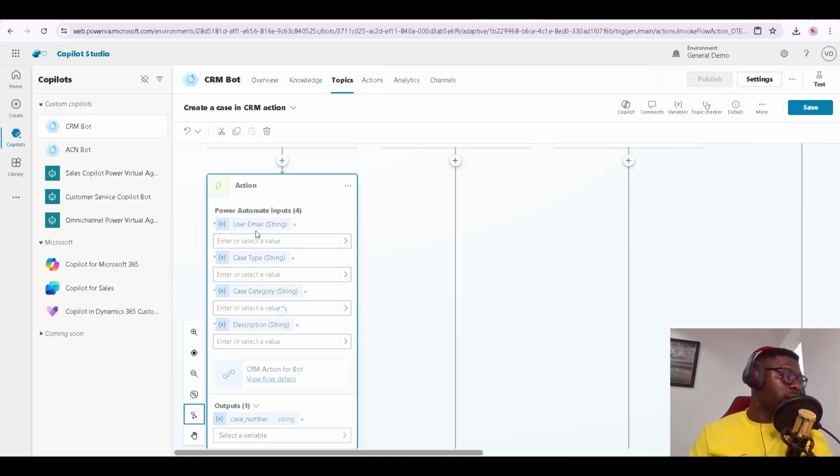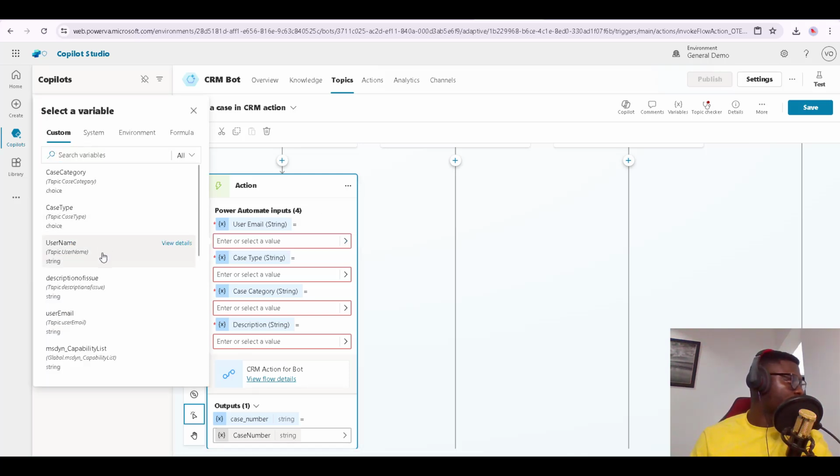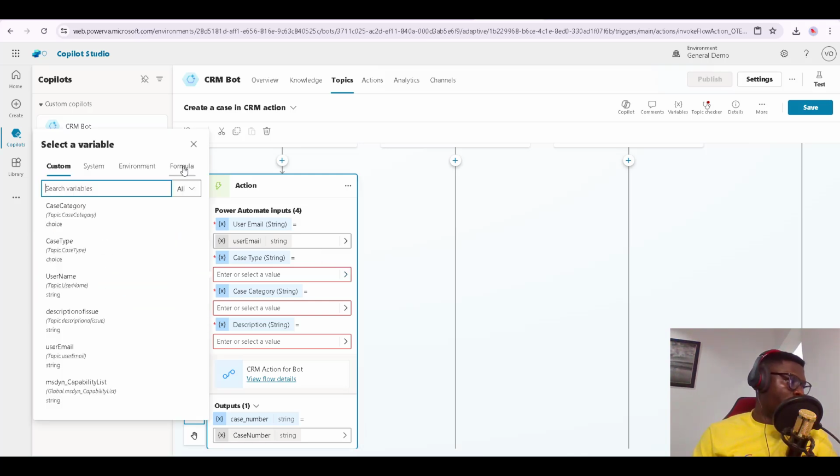So the first is the user email, which is actually a direct string, so we don't need to do any changes here. So this is actually the user email. So the case type is actually an option set, which is a choice. So for us to be able to consume it, we must convert it to plain text. So what I'll do here is click on this, go to formulas,